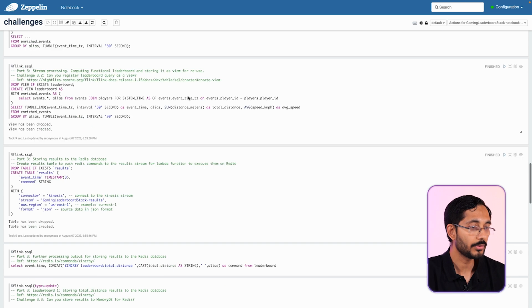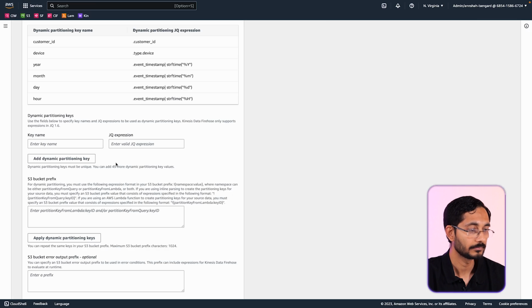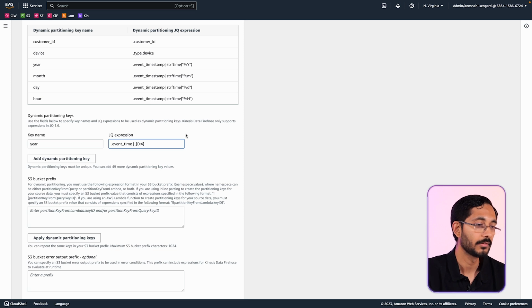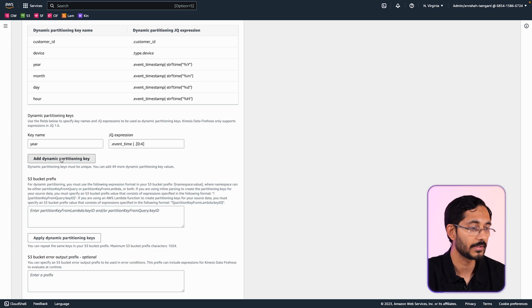Now, let us go to see our format of the event table. In our case, we would like to use the event time and also the year, month and day. So, let us create the JQ expressions for the event time. The first expression would be year. I will start with .event_time, pipe operator to continue the processing, and then cut the first 4 characters, 0 to 4, which essentially gives us the year 2023.